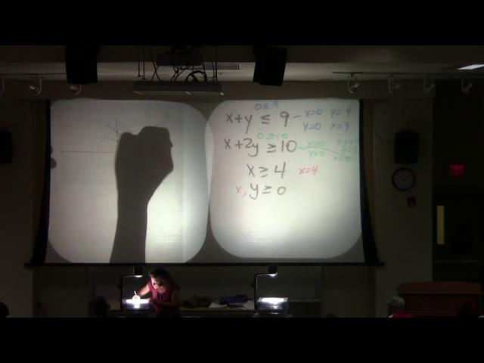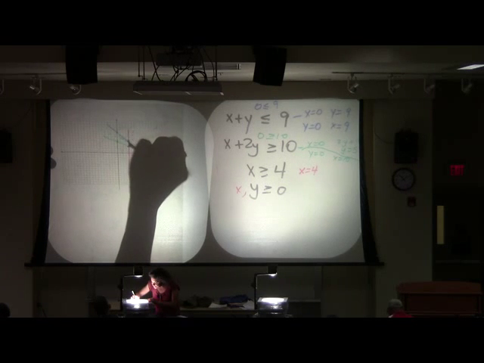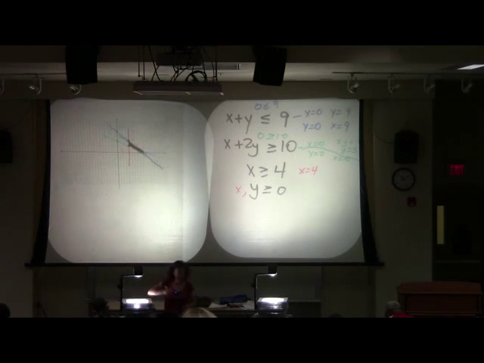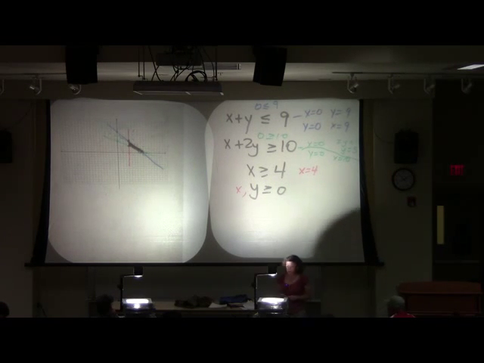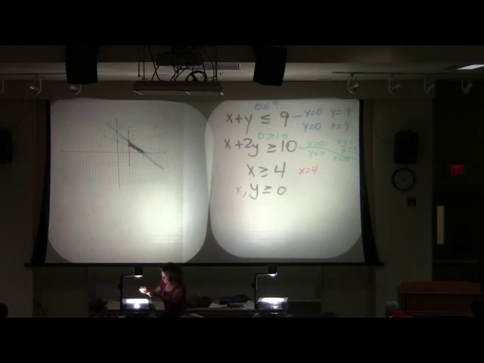All right, I got some corner points. Now, as I mentioned to you guys before, if you have a pencil and it's sharpened and you drew your line straight, you'll be able to read it straight off of your graph, okay? These are not sharpened at all. So, what I'm going to show you is, if you were sloppy with it, which I always am, or your pencil wasn't sharp, how can you find what your corner points are? Let me show you guys.